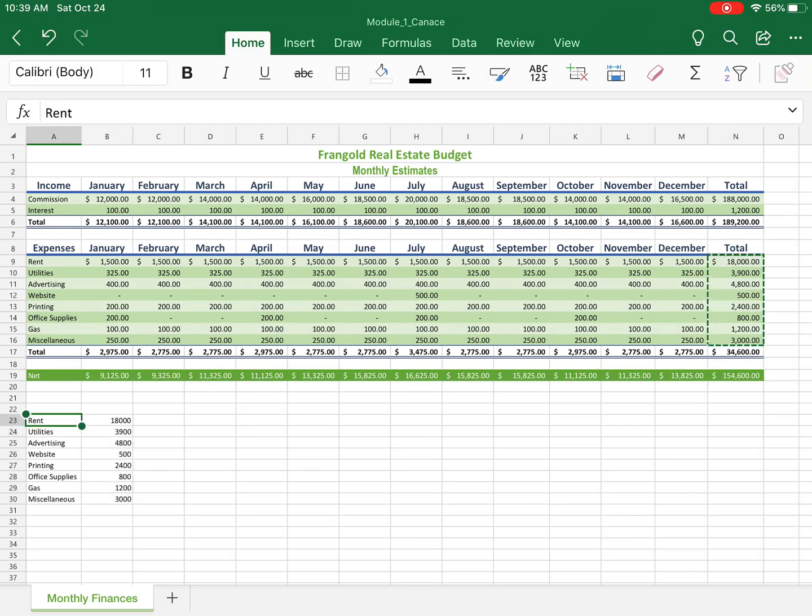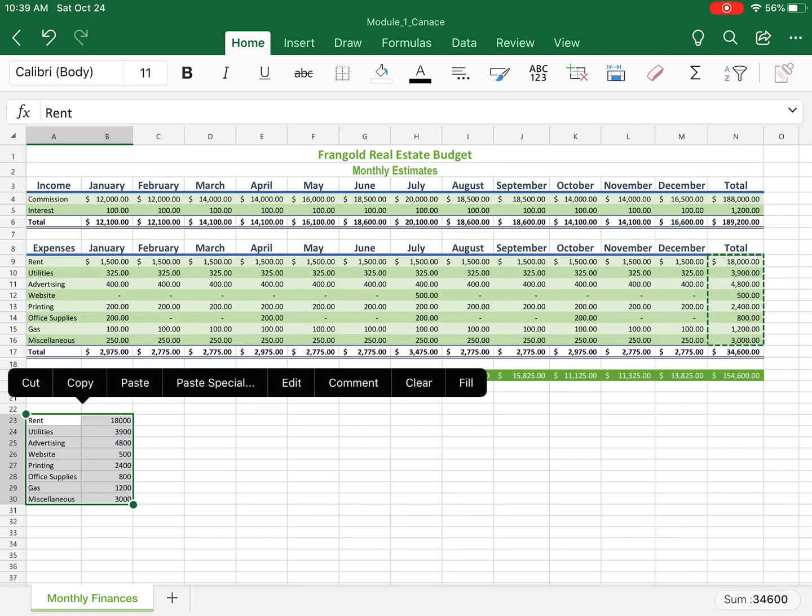Okay, what we're going to do from this point is take this data and put it into a new sheet. So I'm going to copy all of these things. Actually, we're going to cut it so it goes away. So we're going to click on Cut,